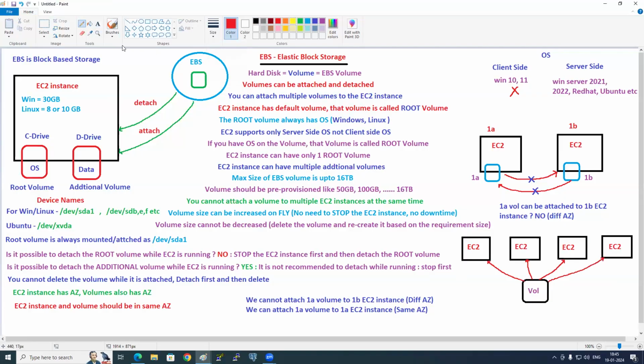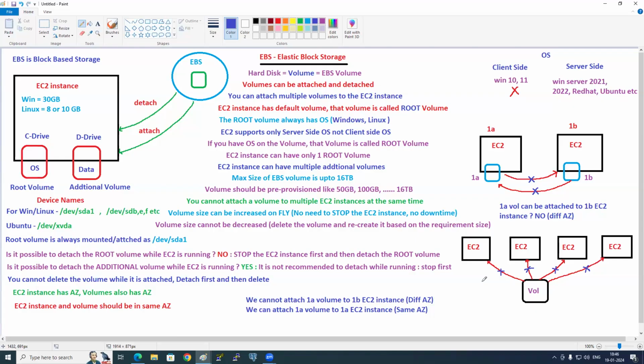We learned that. But my problem here is I want shared storage. What is it, Nana? That means if I need a storage such that if I put any data in that storage, it should be visible for all EC2 instances. Is that possible till now, whatever we have discussed? Not possible. But what I need is something called shared storage. I need one storage that I can attach to multiple EC2 instances, and all the data should be available for all the EC2 instances. What is the storage? How is it possible?